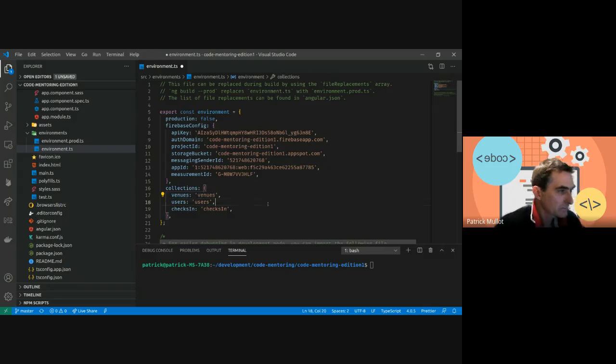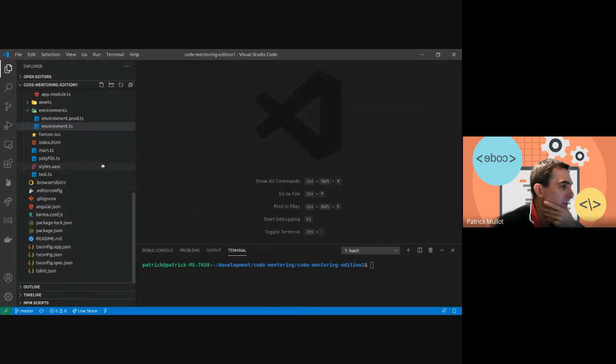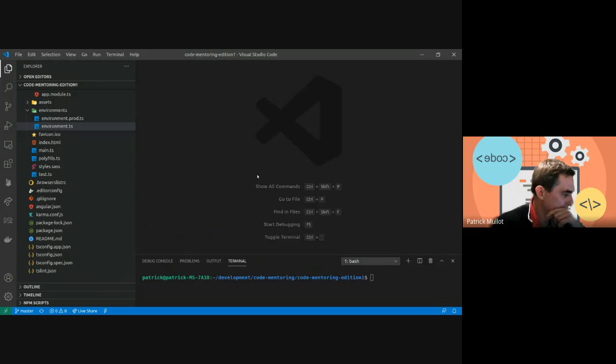Okay, so that was it for the configuration of the platform. So what we can do is, let's talk about the next point, because this is probably more interesting. So before